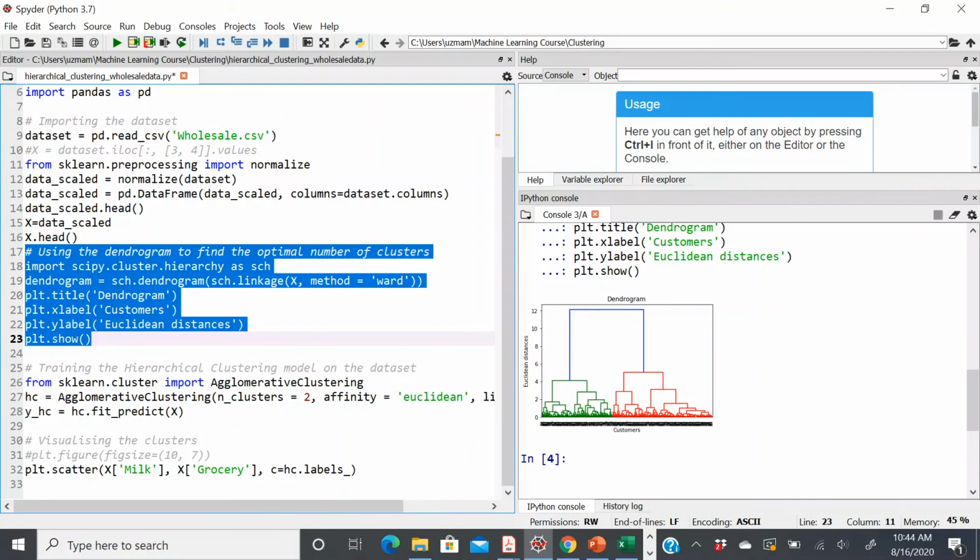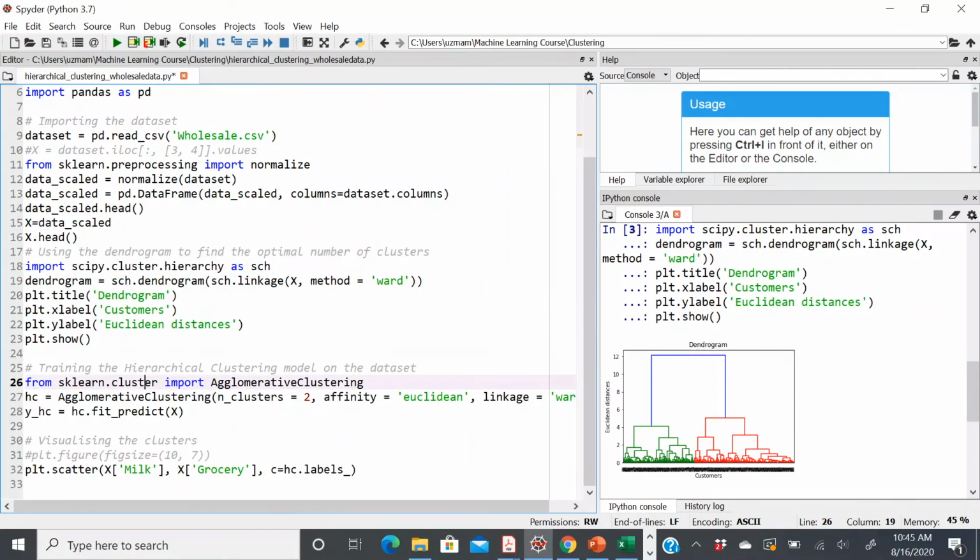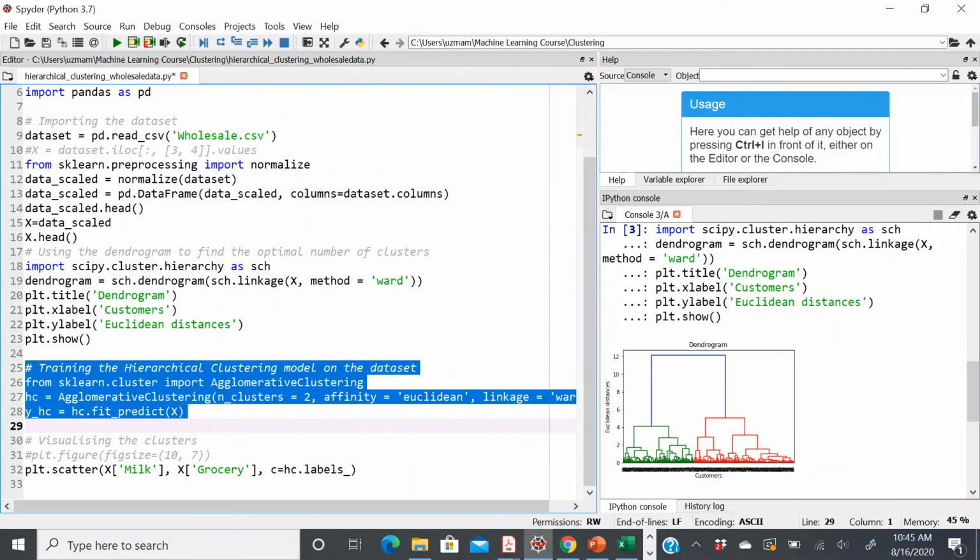Let's say I decide that my threshold is 6, and you can tell just by looking at the dendrogram, if I decide the threshold to be 6, the line is going to cut only 2 vertical lines, so I'll have 2 clusters, right? That's what I utilize here. Again, we are back to scikit-learn.cluster, and we import something known as the AgglomerativeClustering class and create an instance of the class. Notice the parameters. The number of clusters is going to be 2. Affinity means the type of distance that you are utilizing, and I'm utilizing Euclidean, right? Utilizing that, I'm going to create my model.